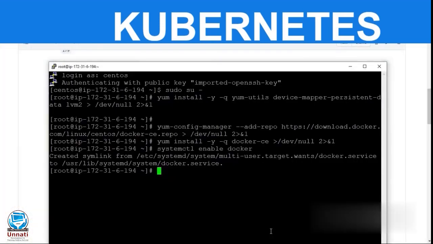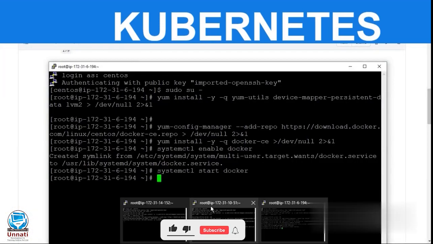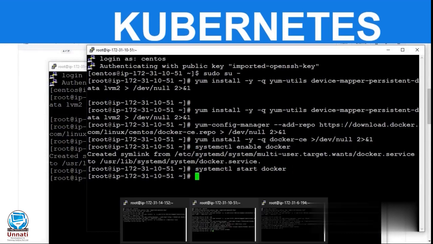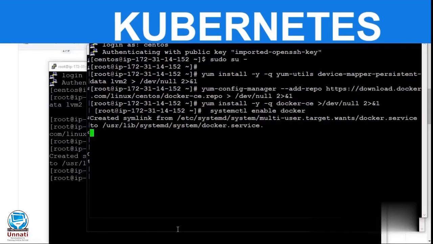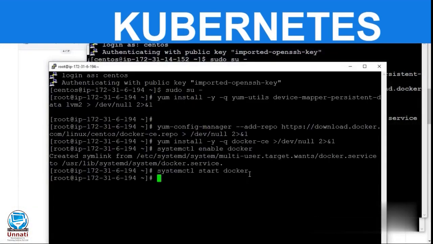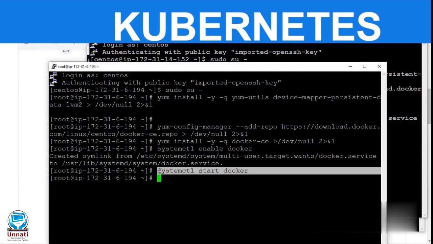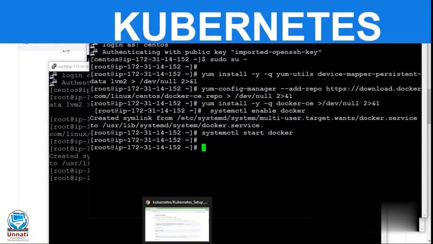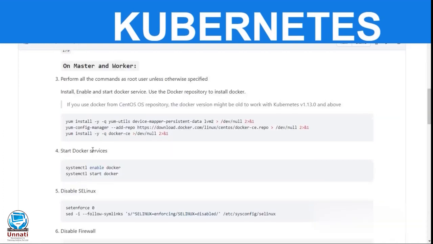Yes, it gets started on node 1. Let me just enable my Docker service from node 2. Yes, it gets enabled. Now systemctl start docker. It will be easy if you have Docker installed on your instances already.